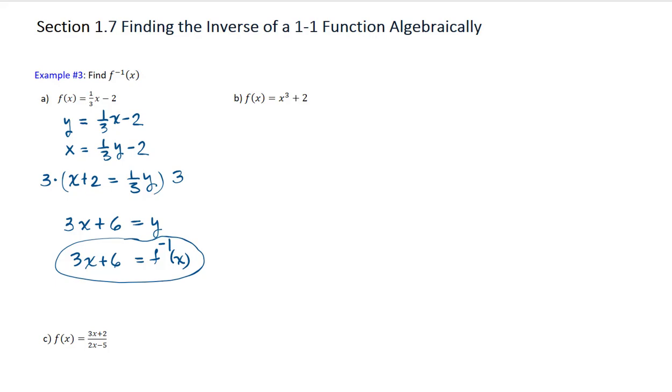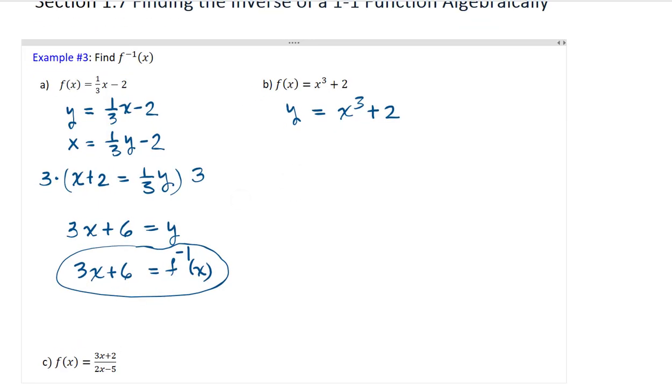On letter B, we're going to do the same. So start with changing f of x to y. This is just for simplicity, where the function f of x represents the output y and the input is represented by x. On our next step, we're going to interchange the letters